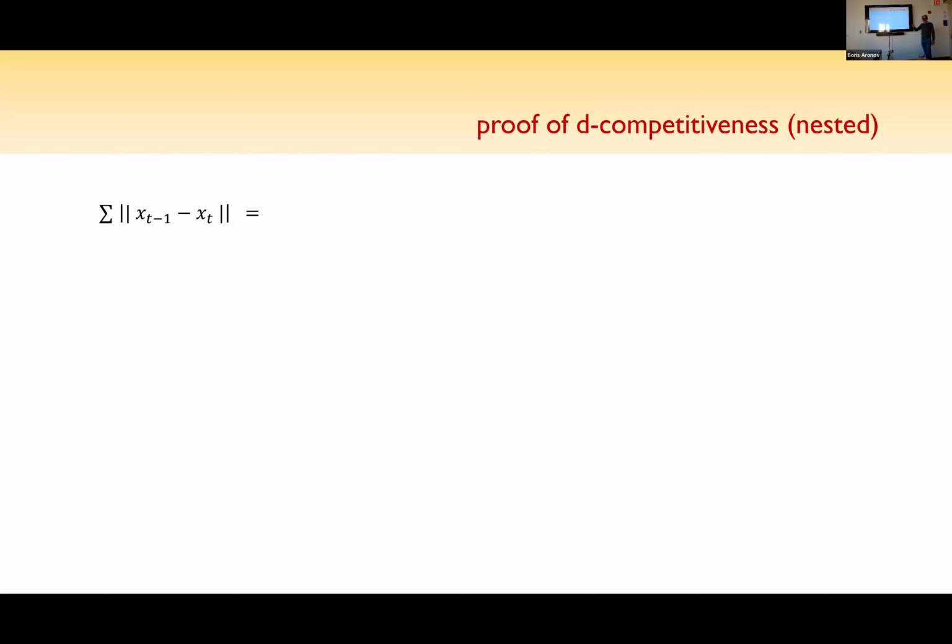Good. Okay. So the proof of competitiveness, the total movement is bounded. So that's the sum over all times t of the distance. So let's write down the definition. Xt is really g times the support function of the t minus first body. And I'm just using, instead of writing h of k of t, I'm just writing h.